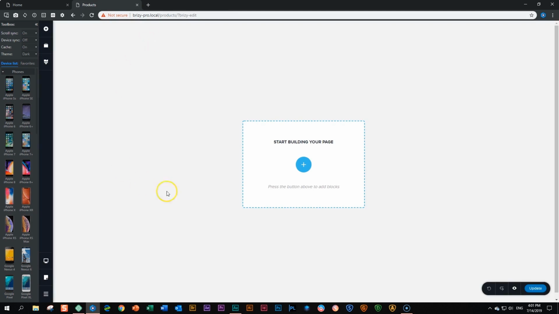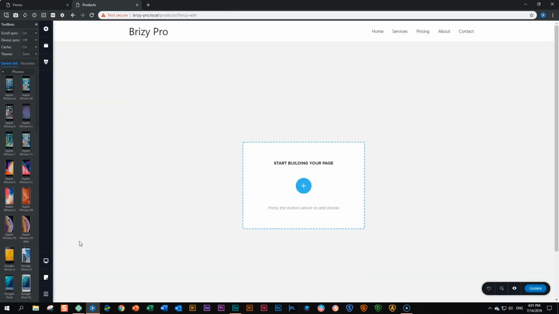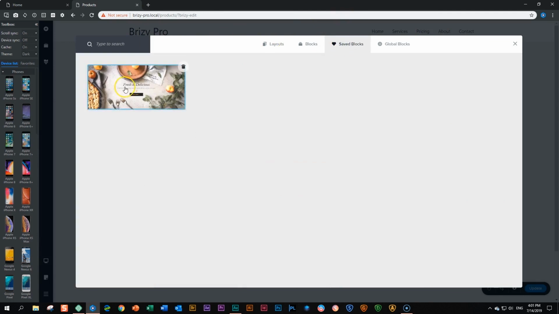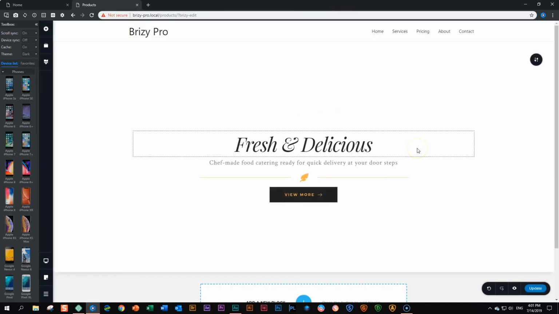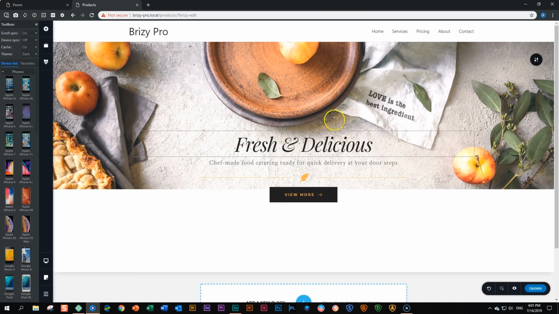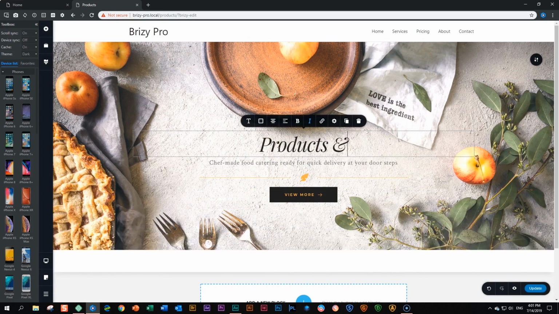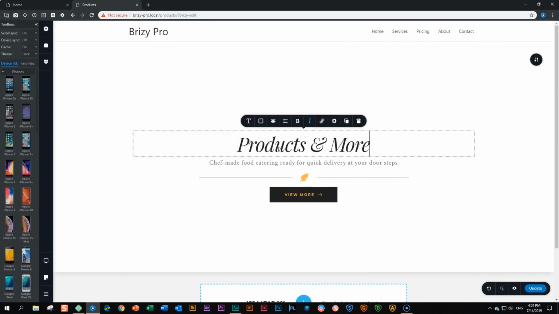Here is my empty page. Let's go and change our default view first. Page, Brizy template, and I put it on default. And now I bring in that block. Start building your page, click on it, go to Save Blocks, and just click on it, and it comes in. And what you do now is you just go ahead and you change the content of everything within this hero